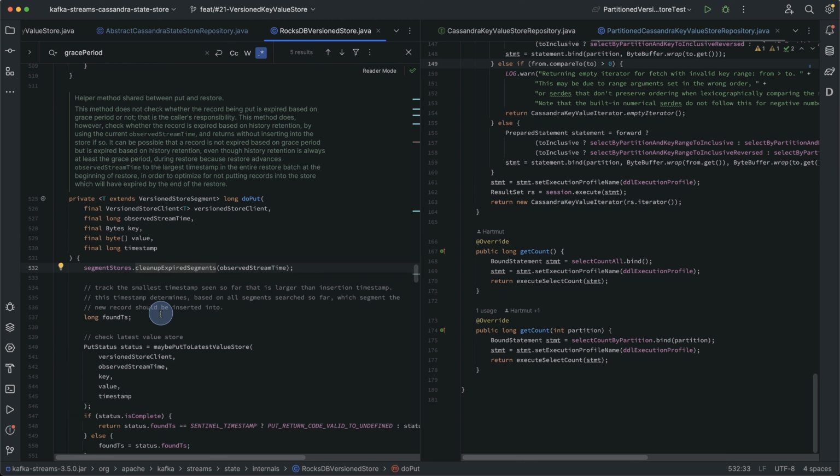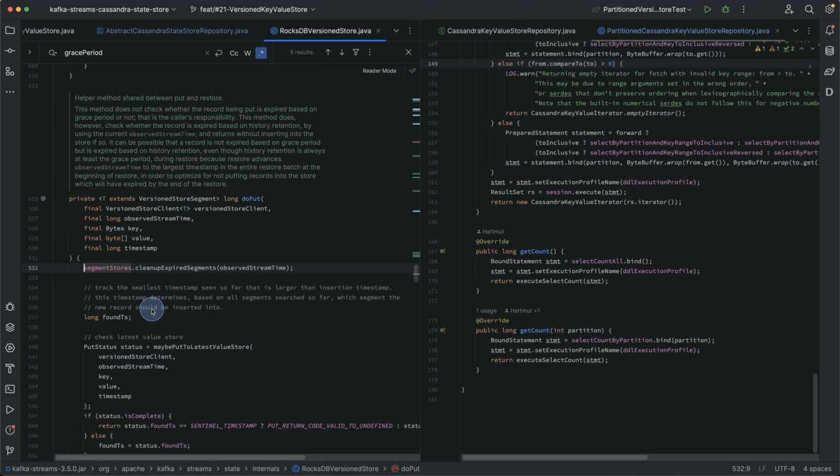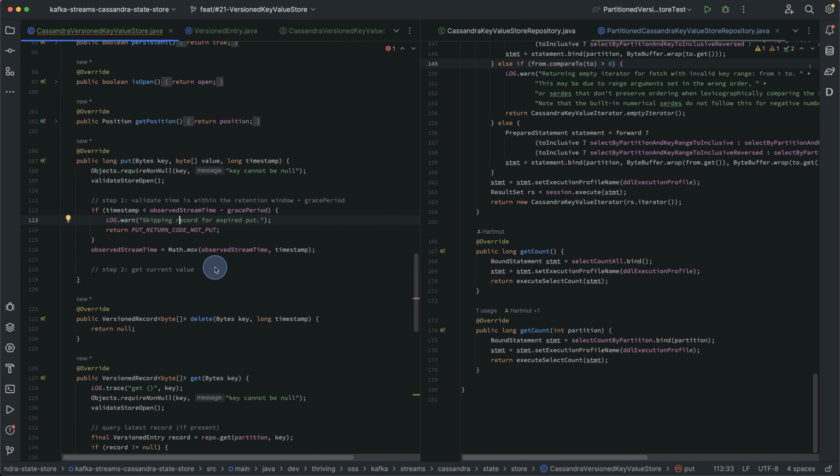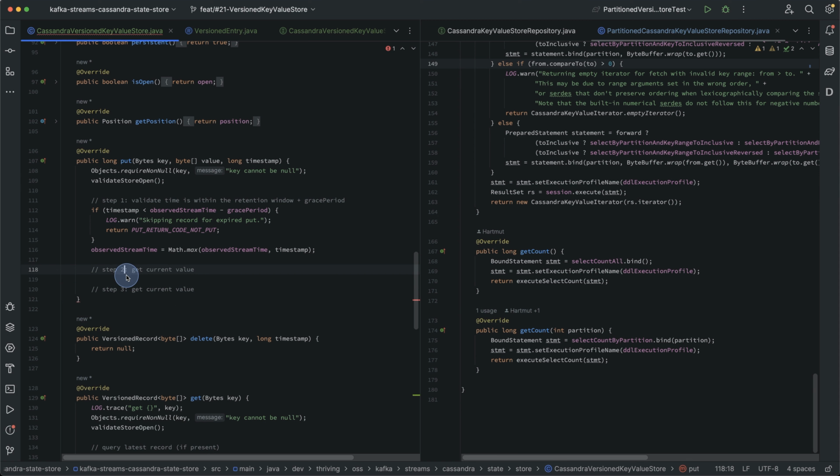They clean up before processing, so I think we actually should do that as well. So this is actually step 3, step 2, clean up expired records. Yeah,